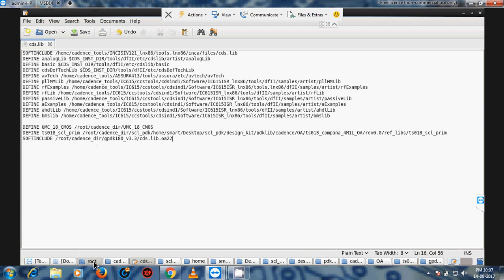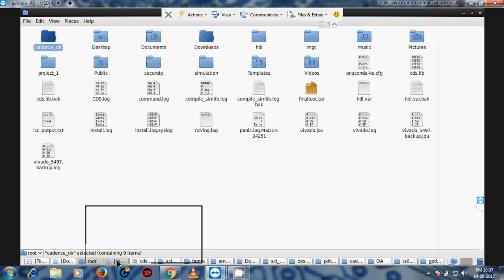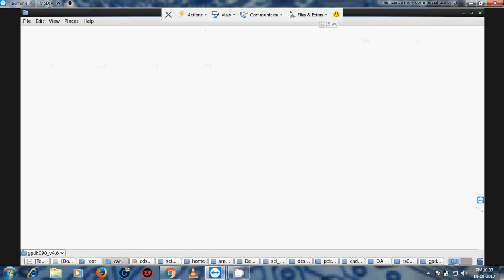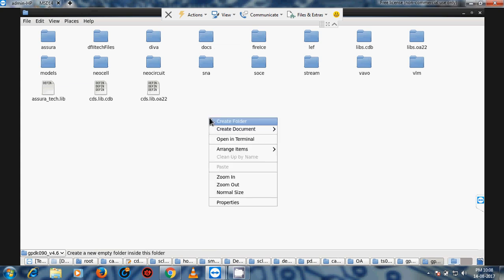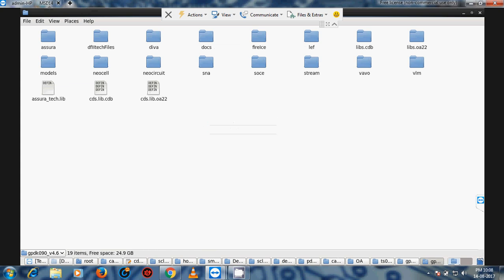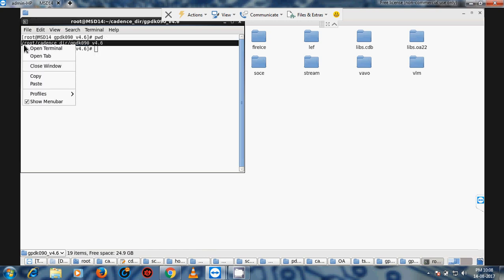If you want to take another file, if you want to add 90 nanometer, you can do it in a similar manner. If you want to know the location, you can use this command also, or Ctrl L. If you want to use the command, just type pwd in small letters. So it will show the location of the current working directory. So this is the location of the file. Just copy it